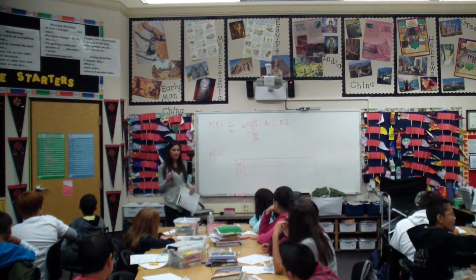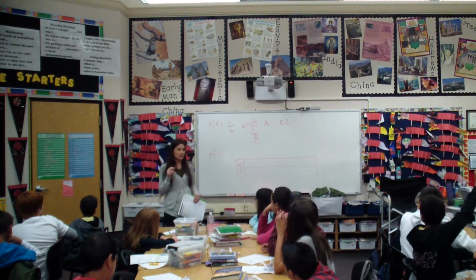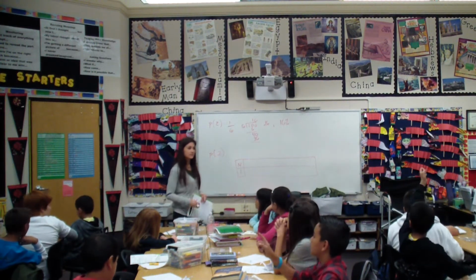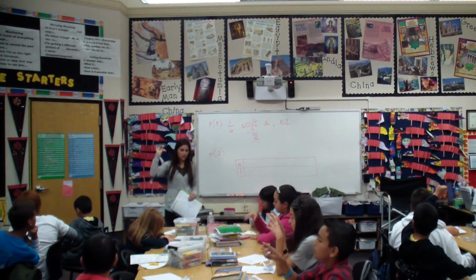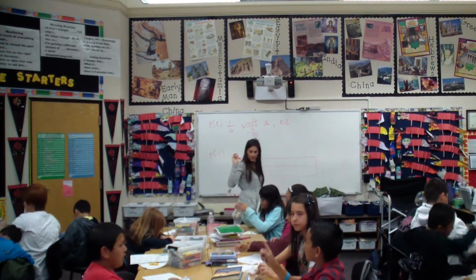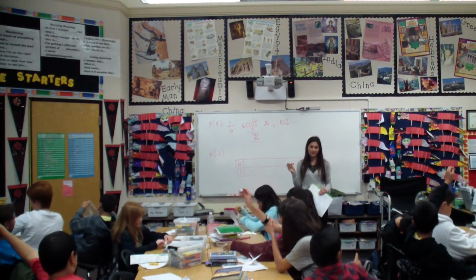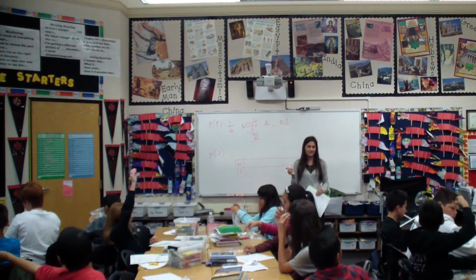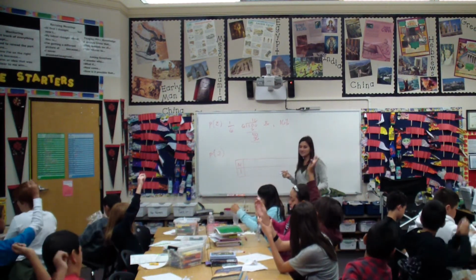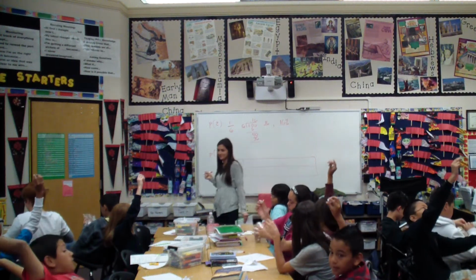I got a 3. How many people do we have here today? 29, right? There was 4 people absent. Everyone, I want you to take out your number die. Put it up in the air when you have it. You're not rolling it yet. Hold it. Resist the temptation to roll it.